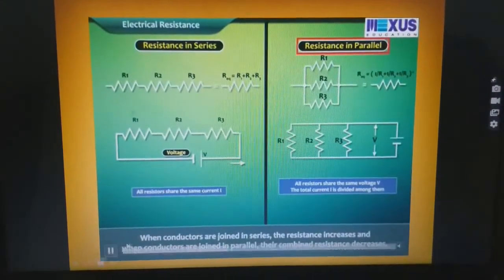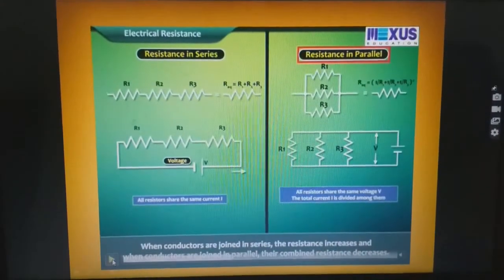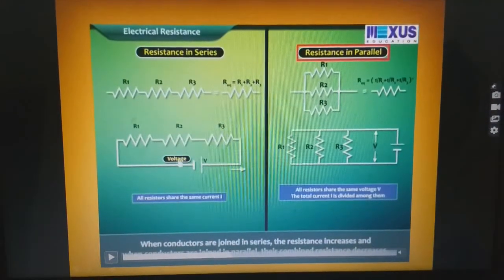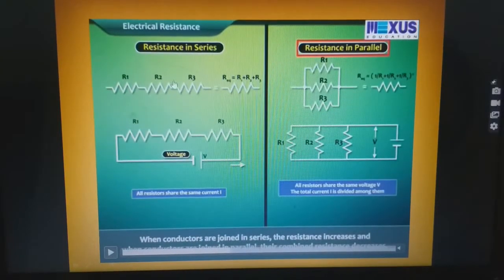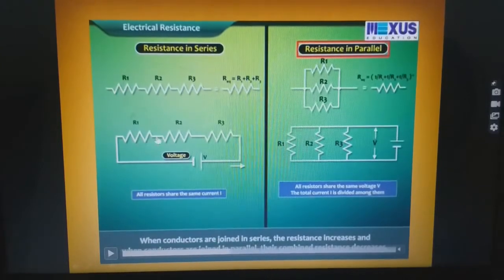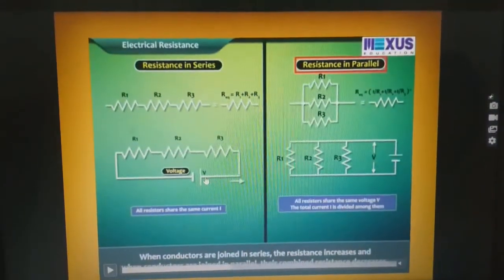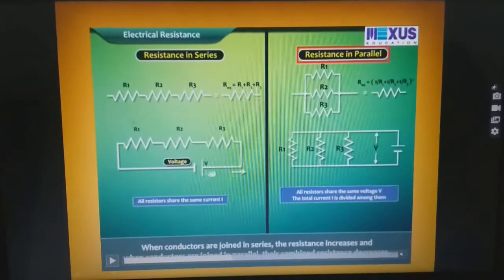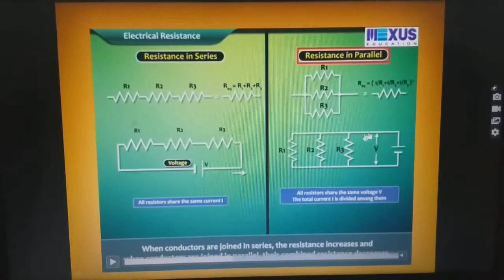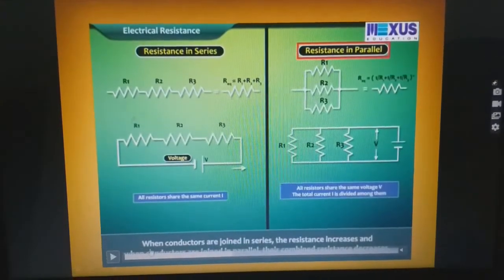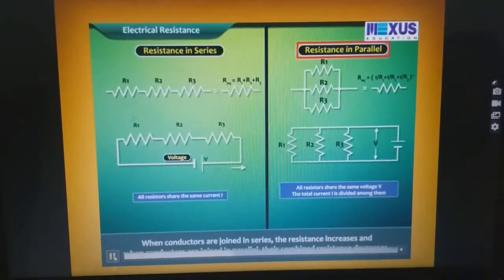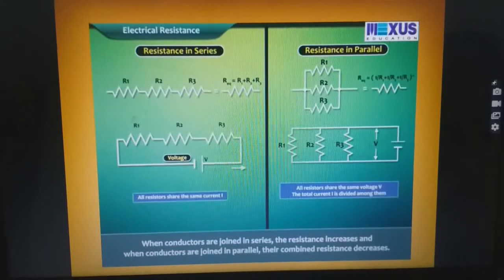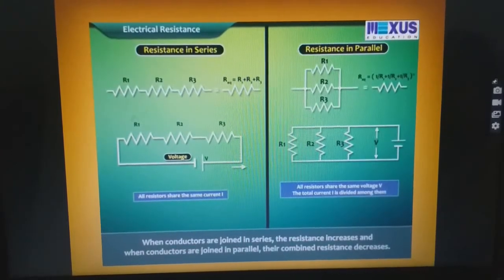Resistances may be used in two types of combination. They may be connected in series combination like this, R1, R2, R3. Here you notice how these three are connected in series, connected with the battery terminals, and resistances could be connected in parallel combination and finally connected with the terminals of the battery. So in this way we find the equivalent resistance, that is the single resistance whose effect is the same as the combined effect of all the resistors which are added.